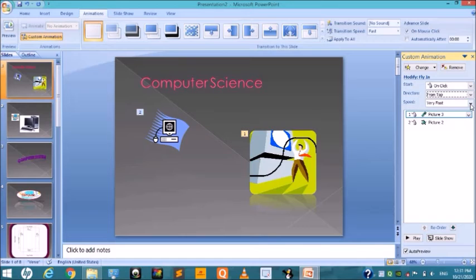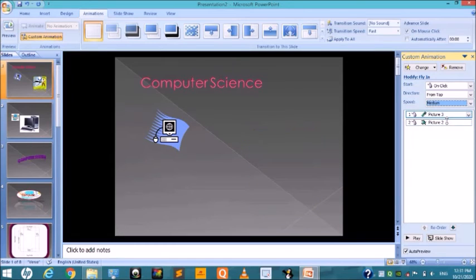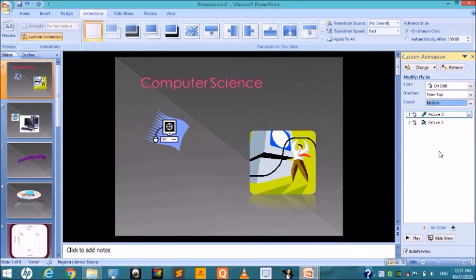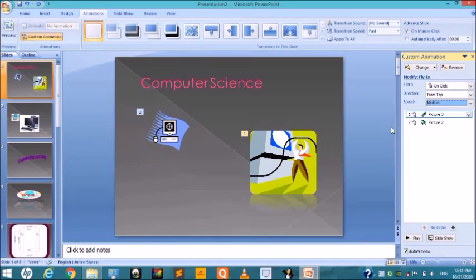You can also set the speed, for example very slow, slow, medium, fast, very fast. I choose medium. In this way, you can change the default settings for this slide and this object.